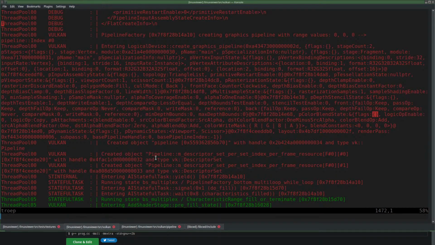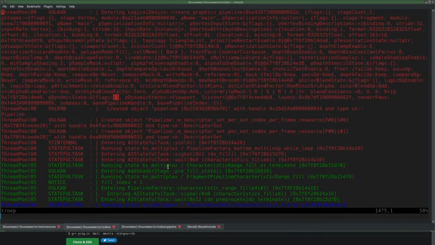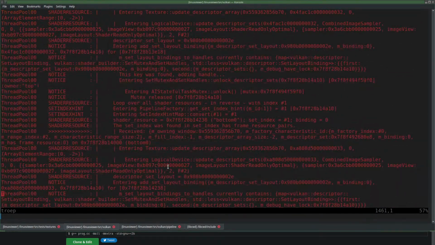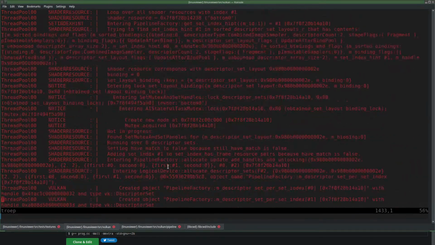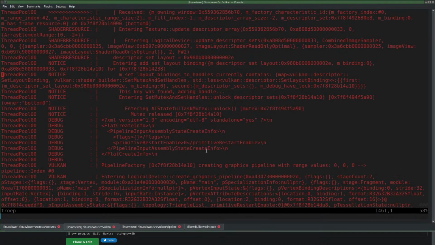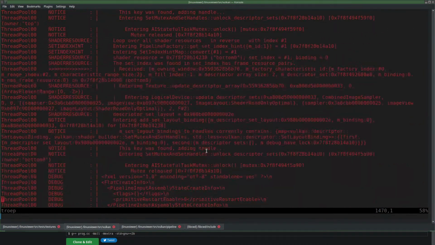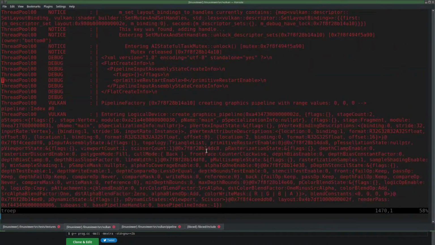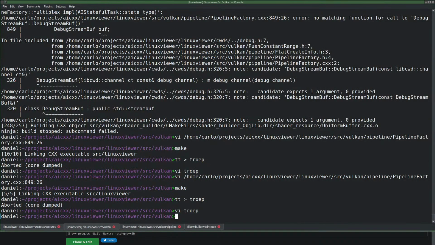There's new flags. That is kind of weird though, because no, that must be my own code, I think.